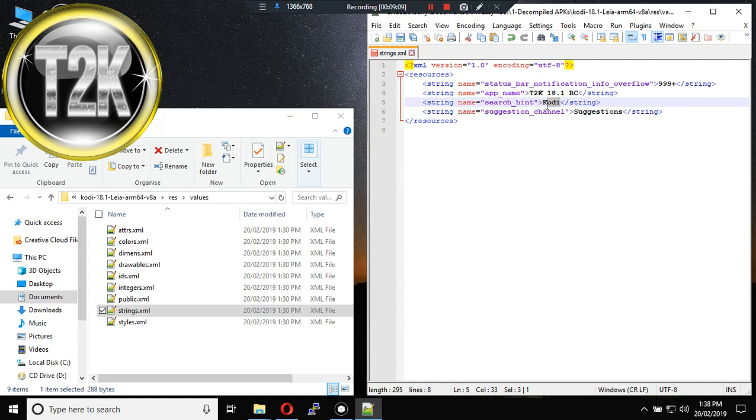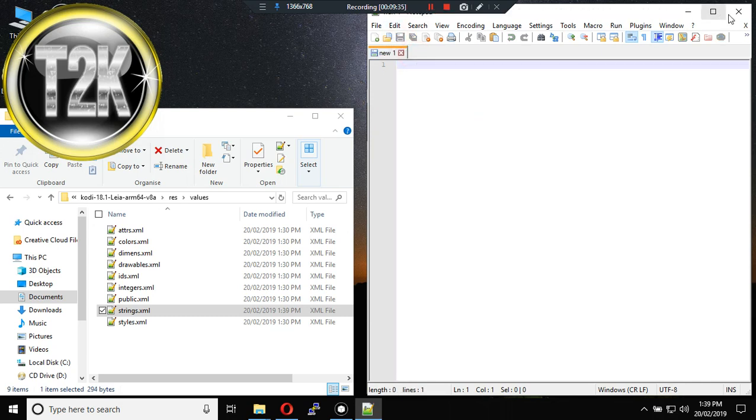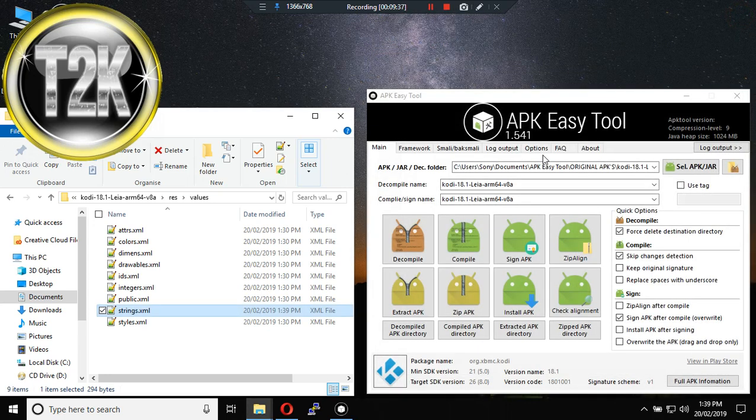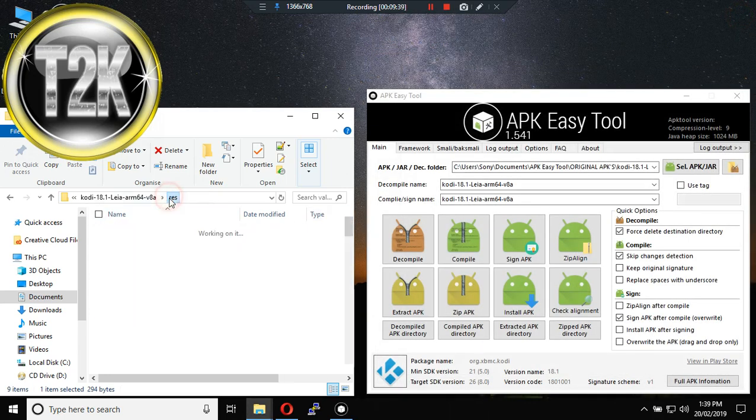Now for the search hint, obviously I don't want it to come up under Kodi when you search. I want you to be able to type in T2K, because I have other T2K Android apps, so I'd like it to show under my T2K name. Save it, close it, come back out